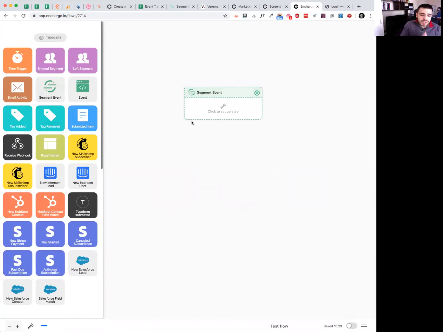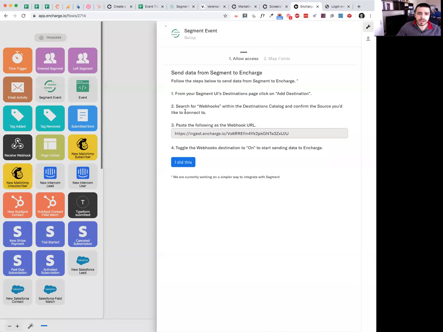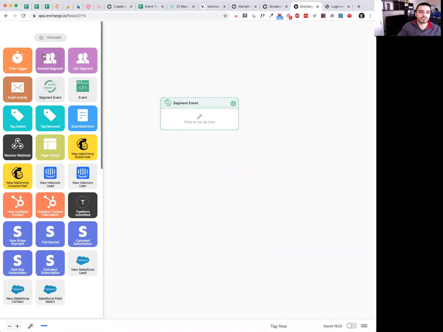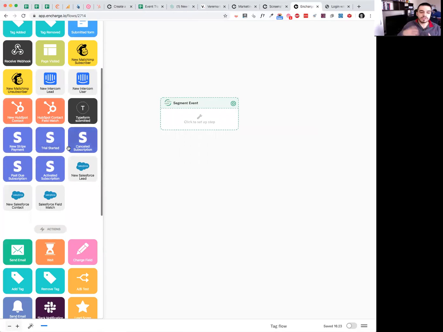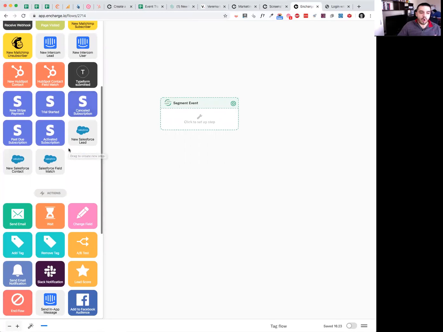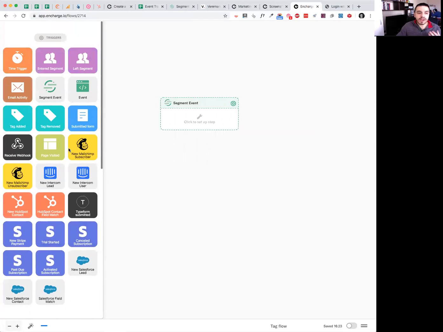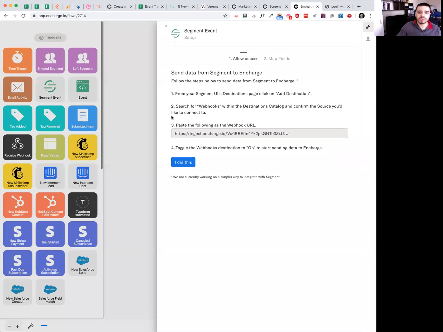And once we know, again, from step one, the critical events, what we want to do here is create a tag flow. So I'm going to call this flow tag flow. And what I'm going to do here is I'm going to drop a trigger. So triggers are the steps that initiate flows. Actions are steps that do something like send an email or add a tag and stuff like that. So what I want to do here is tag each action in the app with a tag in Encharge. And the way I'm going to do that is I'm going to use